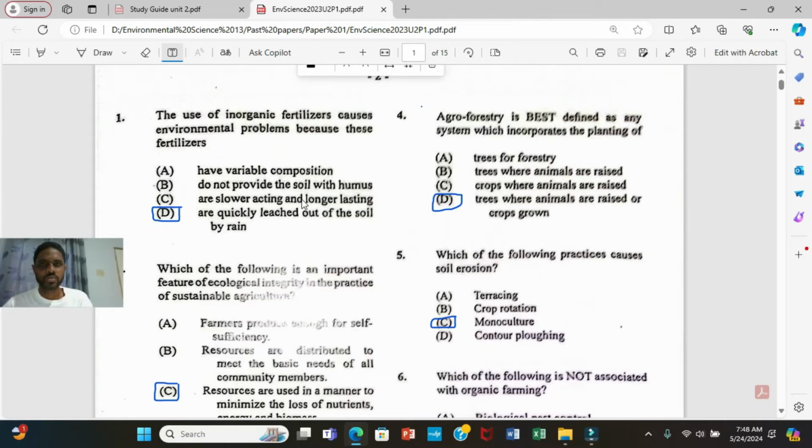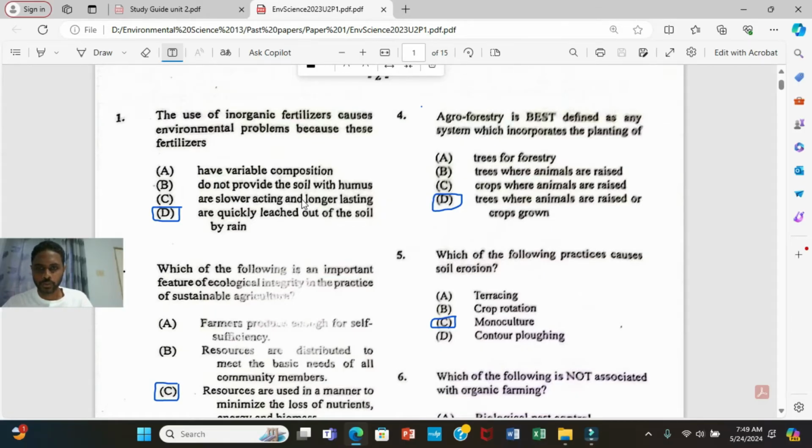What happened with these nutrients, guys? Because they are made in the factories, they are in high concentration. They're designed so that a small amount will be in large quantity, and so because of that, it is easy for it to leach. There's a large percent of fertilizer to be leached out.